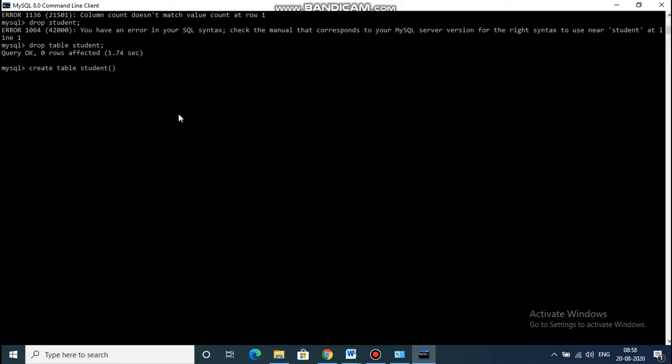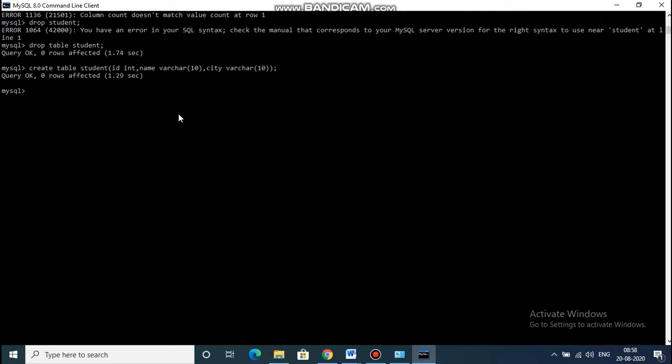I have to provide the column names: ID, data type is integer; name, data type I will provide varchar, variable character; and after that column name city, same data type varchar for city also. Size I will provide 10.